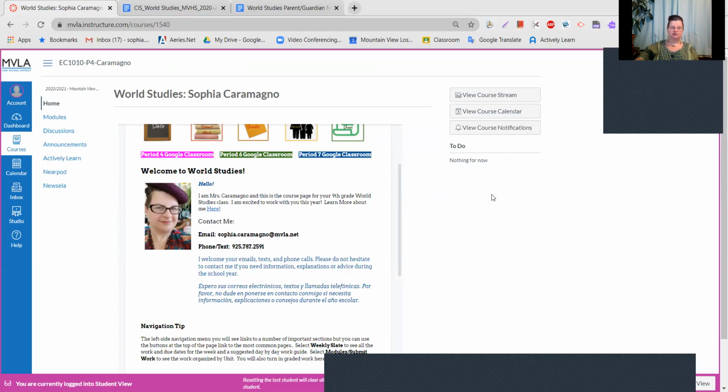And we'll also be using other attachments and apps like Newsela and Actively Learn. I'm trying to roll these out one at a time so that students have a chance to master them before we go on to the next thing. In any case, my philosophy is that we need to be really flexible during this time, that it's really important that when students meet challenges, they can contact me, let me know, and we can work together to find something that's going to work for them.